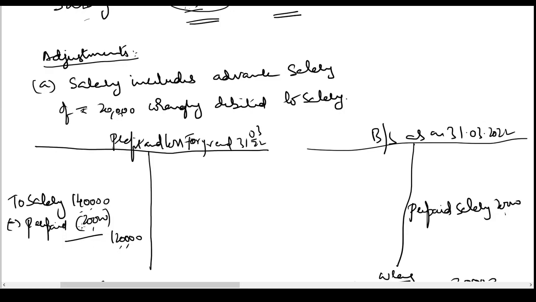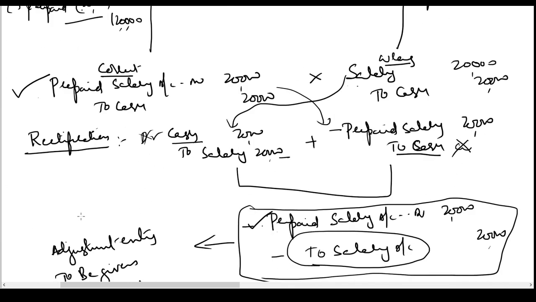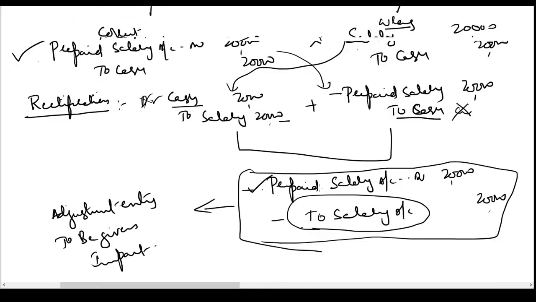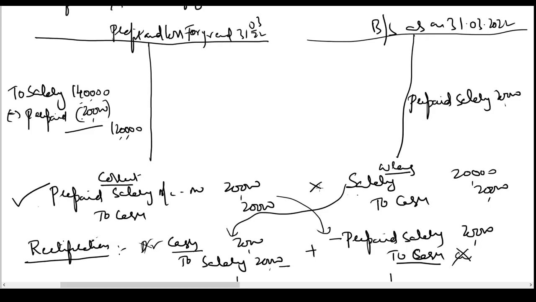So why have I done less here? I have done less here because in the adjustment entry, salary account is credited. Salary account is showing a debit balance. If you credit the account, balance will reduce. So the same amount we have reduced from the P&L account directly from salaries. So this is how you deal with a prepaid expense when it is given outside the trial balance.